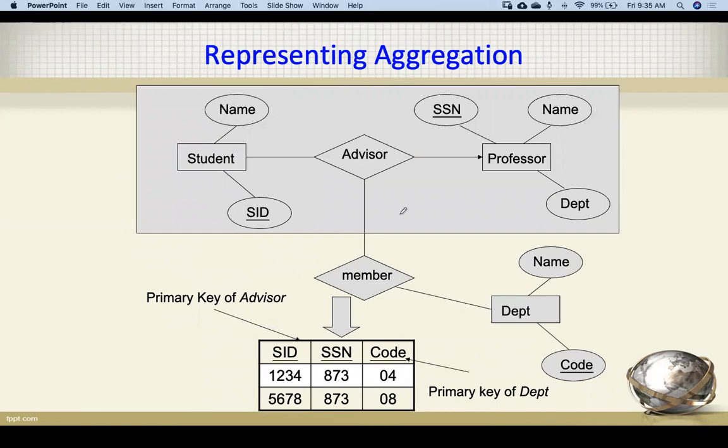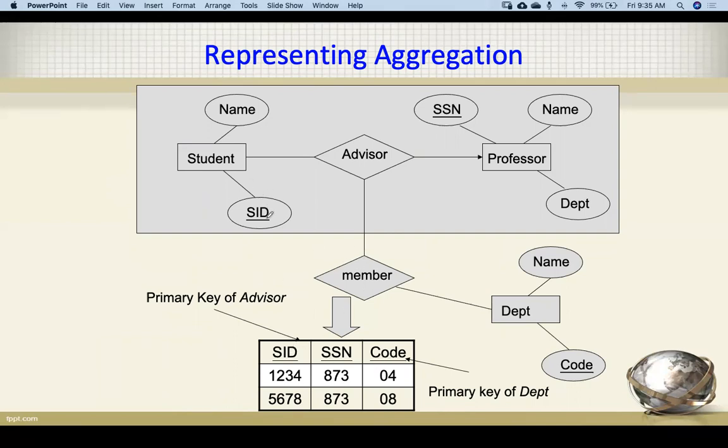This is how we can make the aggregation. So we have a relationship, that is, advisor is the relationship between a student, professor and the member. What we have done is we made this one entity, and now this member relationship becomes the relationship between this entity and this entity. Getting it? So this member has been converted in this form.